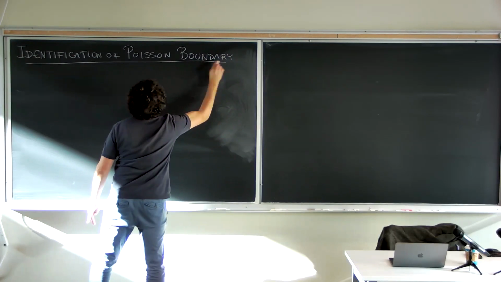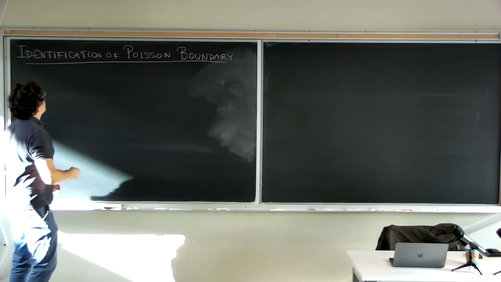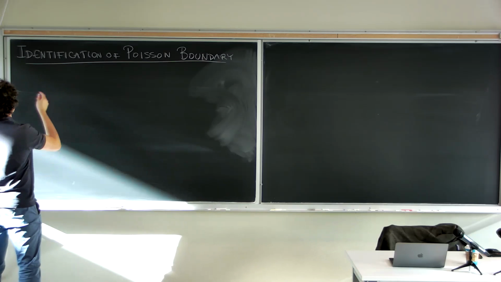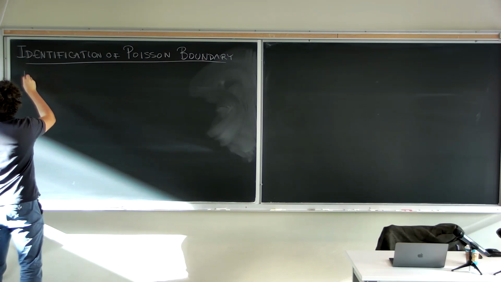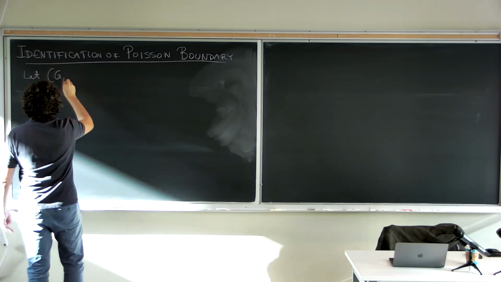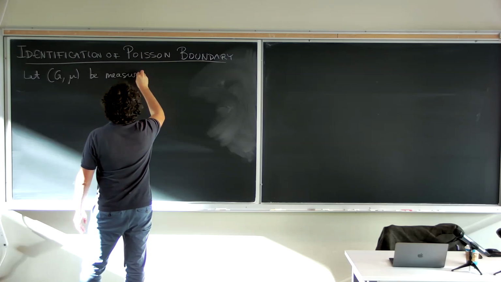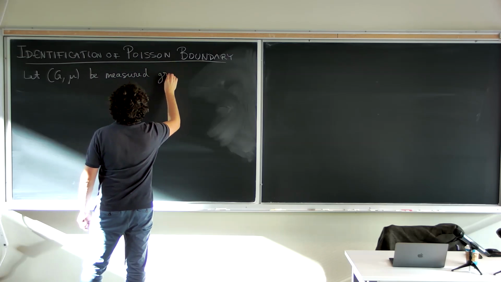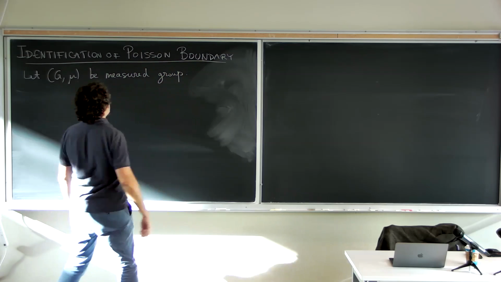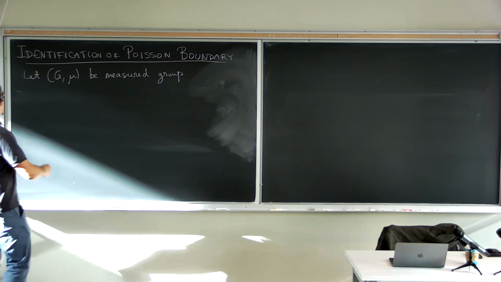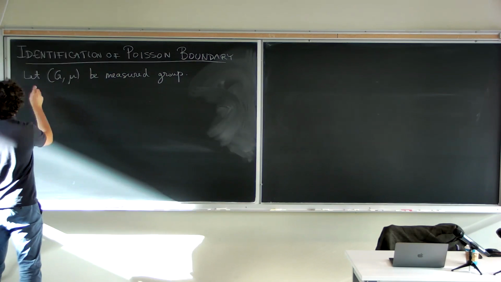And so the main question, as I said already many times, is we start with the measured group, (G, mu), a measured countable group. And then we have this mysterious space, the Poisson boundary,